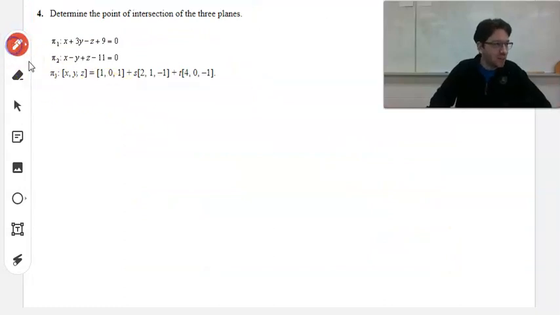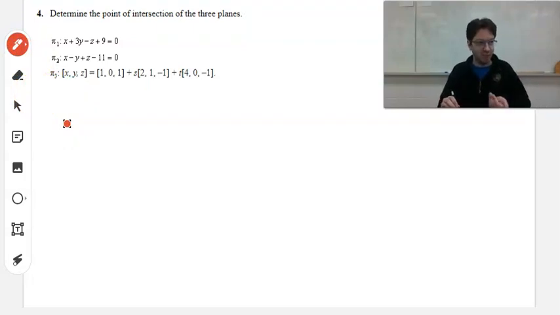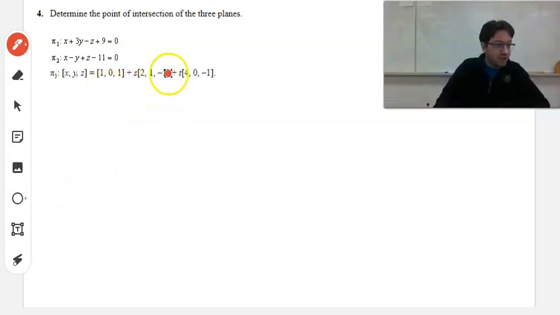This one says determine the point of intersection of 3 planes. So what you'd want to do is set up your matrix. But notice the third plane is not in Cartesian or scalar form. It's in vector form. So we need to work with that first. So to figure out what the Cartesian form is, we need a normal vector. Now, since we have two directional vectors, we can find their cross product to figure out what the normal vector is. So the normal vector would be 2, 1, negative 1 cross